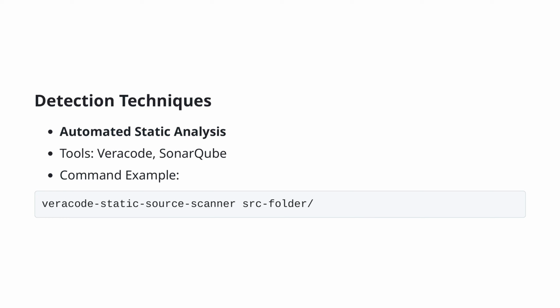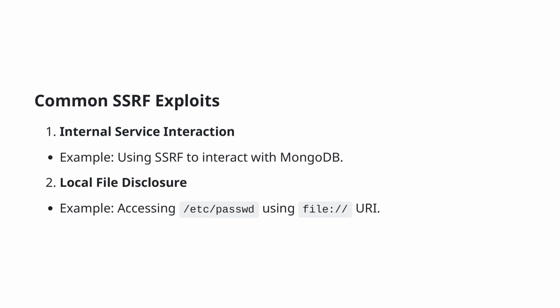in real-world scenarios. Let's delve into common SSRF exploits. One prevalent attack vector is internal service interaction. For instance, an attacker could use SSRF to interact with an internal service like MongoDB, potentially gaining unauthorized access to data or manipulating the database. Another common exploit is local file disclosure. Attackers can exploit SSRF to access sensitive local files. For example, by using the file:// URI scheme, they might retrieve the contents of critical files, such as /etc/passwd. Understanding these examples helps in comprehending the risks posed by SSRF vulnerabilities and the importance of securing internal and local